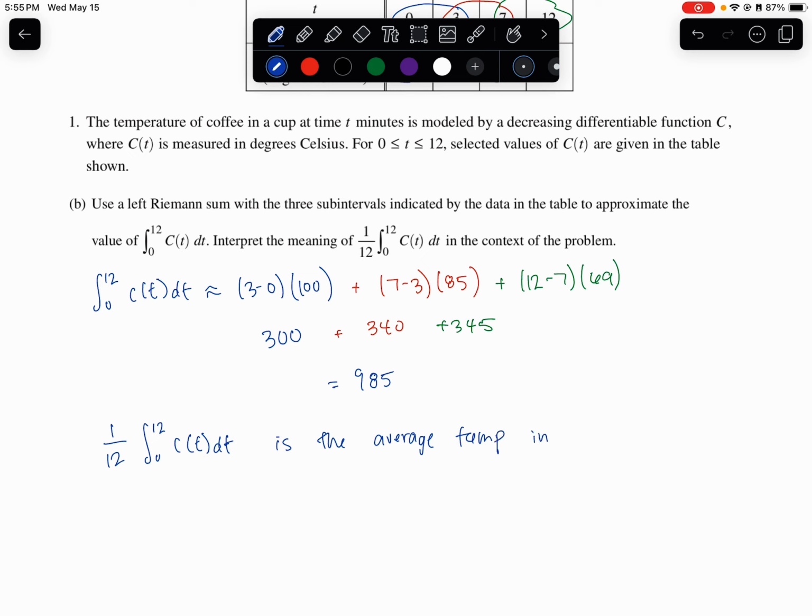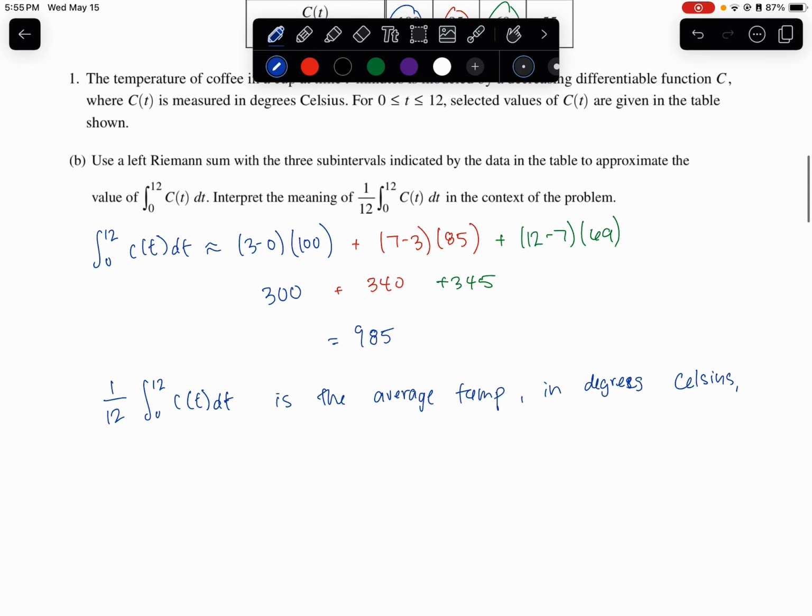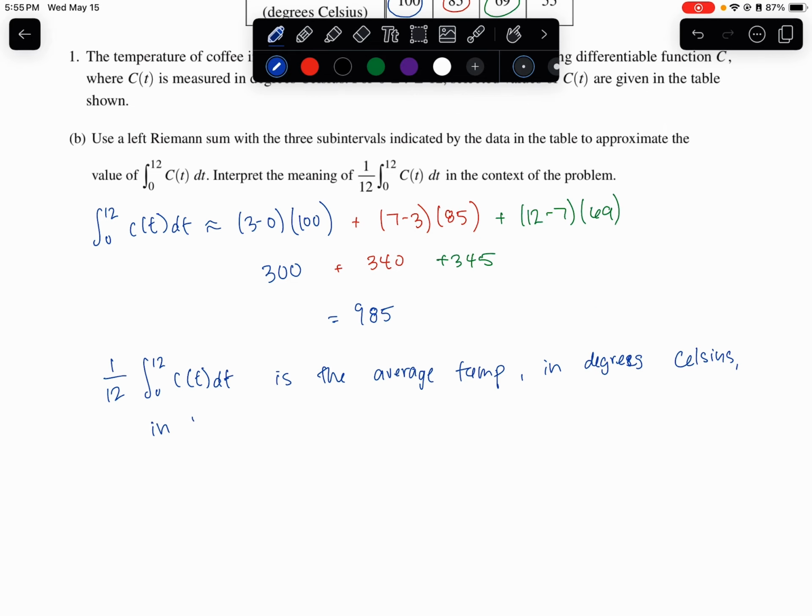in the cup. Let's say the average temperature. Let's be specific. The average temperature in degrees Celsius. In degrees Celsius. Okay. In the cup of the coffee, I guess I should say. So of the coffee, of the right. That's what we want to say, right? Yeah. So of the coffee, from, let's not forget, the interval from t equals 0 to t equals 12